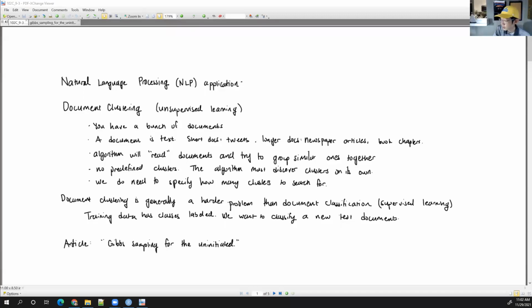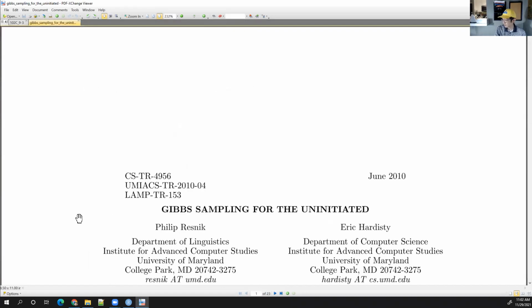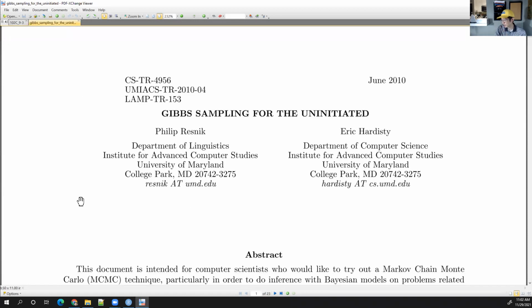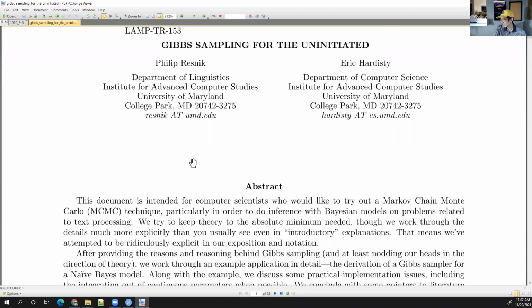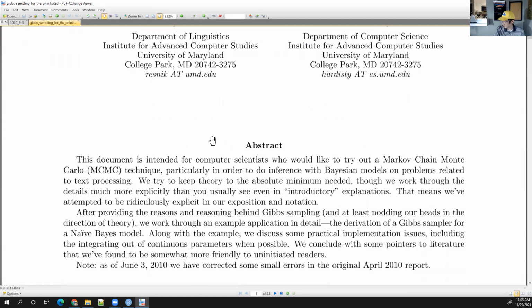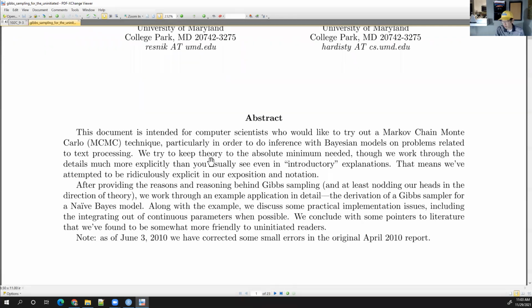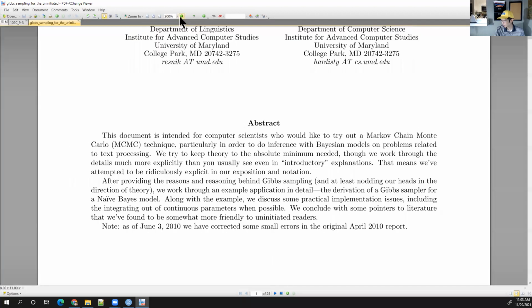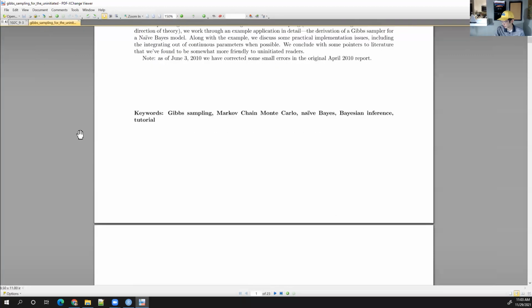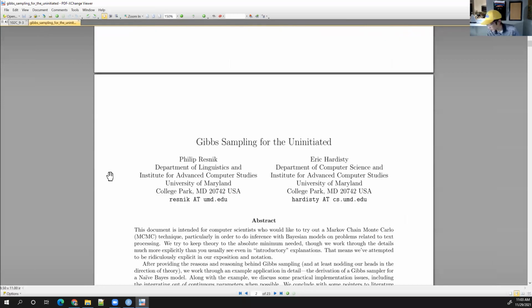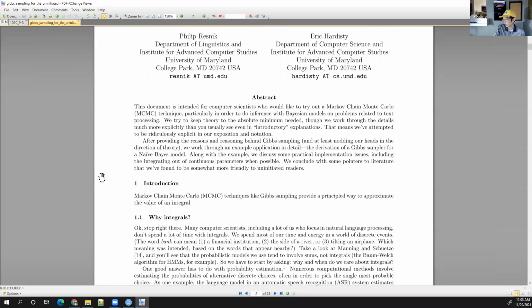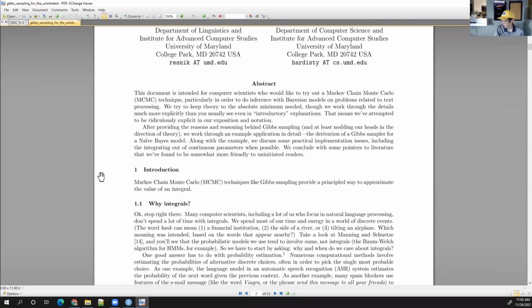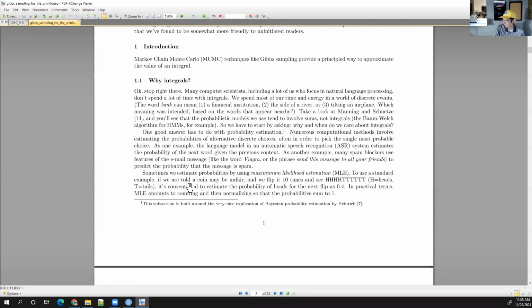Okay, so I posted this article called "Gibbs Sampling for the Uninitiated," and they use Markov chain Monte Carlo Gibbs sampling to perform document clustering. I guess it's a document clustering application or algorithm here. Okay, and so the article